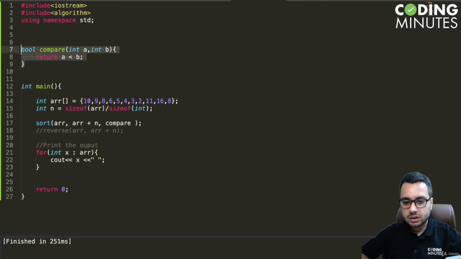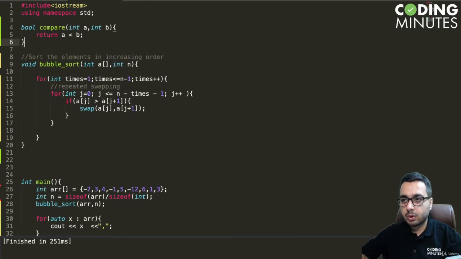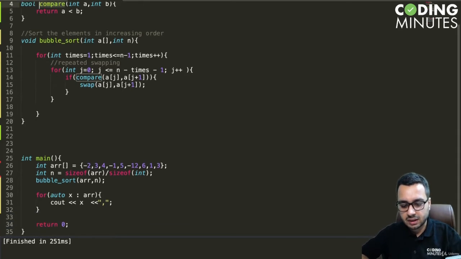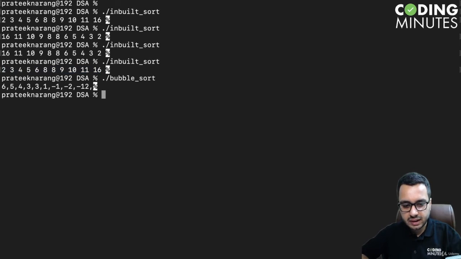Okay, so if I show you this example with bubble sort code, let us try to make bubble sort, and if I put a compare function here, instead of doing this comparison like this here, I can say no, I will do this comparison using a compare function. Okay, so I can say compare aj and aj plus 1. Okay, and we have defined the compare function here, and if I now run bubble sort, I will see some output. Let us see. Okay, dot slash bubble sort,